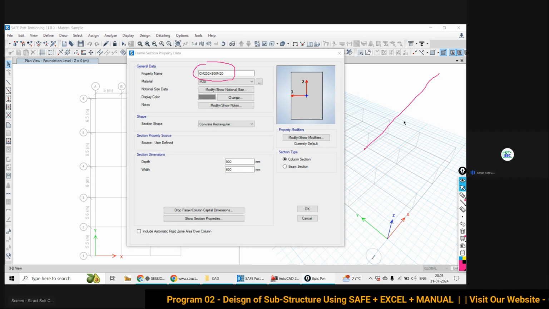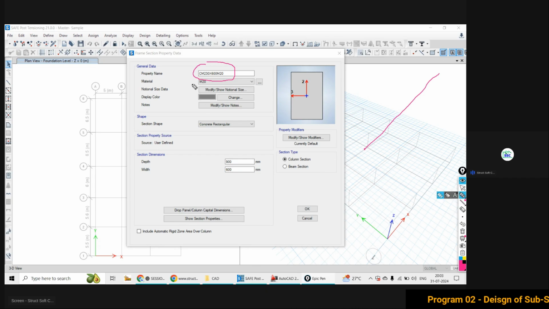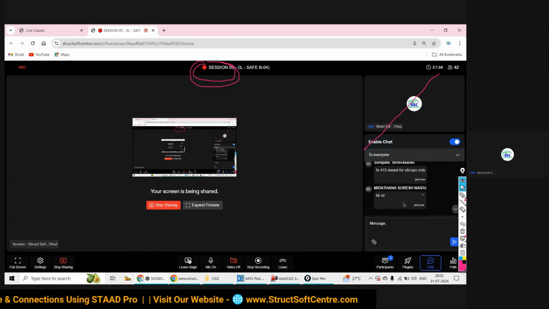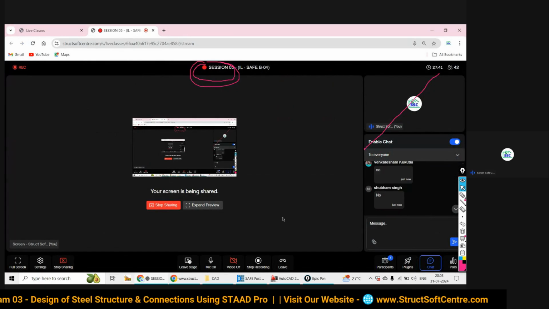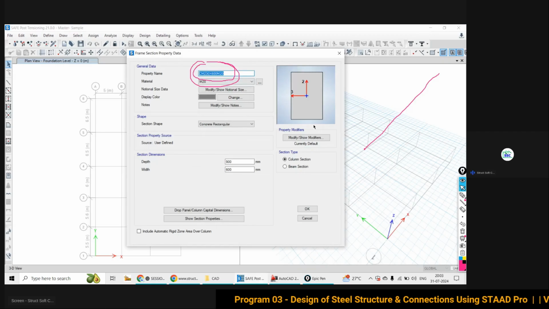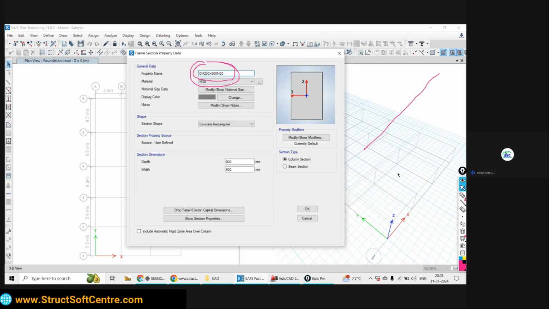आपको अंदर जाना पड़ेगा, उसकी प्रॉपर्टी देखना पड़ेगा, सब कुछ. But if I write the name of this element in this way, tell me, is it needed to go inside? Tell me, अंदर जाने की जरूरत पड़ेगी आपको? Yes or no? No. By just looking at the section name, you can understand whether it is a column or a beam. Then if it is a column, what is the size? To see the size, you don't need to go inside. By just looking at the name, you can understand, yes, it is 230 by 600.